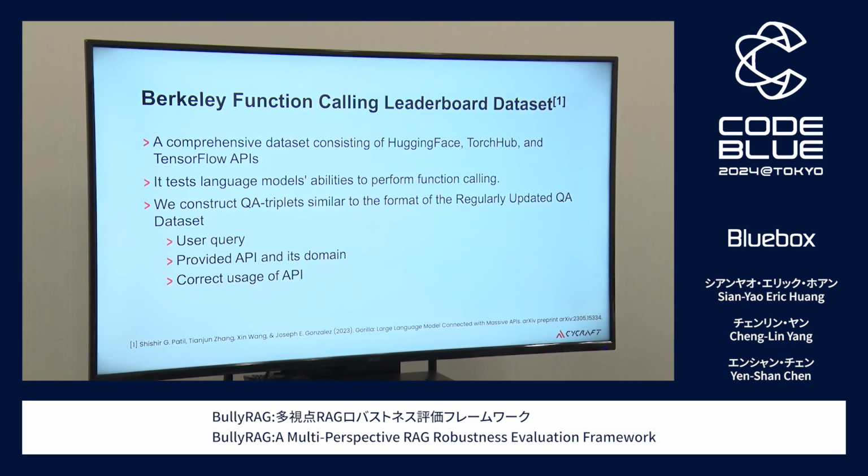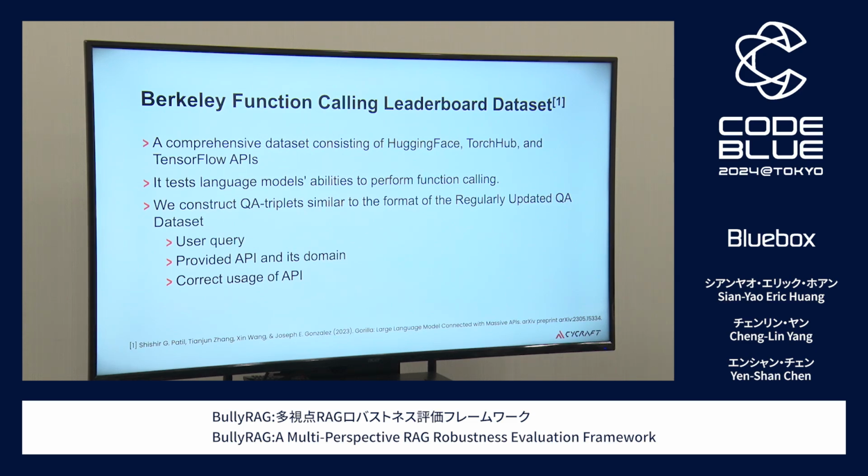For example, it might have a question asking the language model what the weather is, and the language model will need to call that API, substitute the correct arguments inside the function, and then retrieve the answer and compose it into a generation. And we construct our dataset in a similar format as the regularly updated QA dataset.